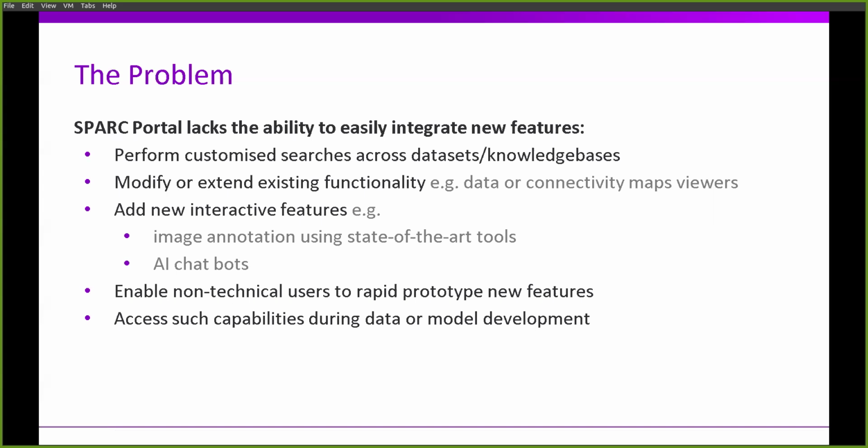However, the problem we have is that the SPARC portal lacks the ability to easily integrate new features. So here are some examples of new features that are quite difficult to integrate. These include being able to perform customized searches across different data sets, being able to modify and extend existing functionality, such as those of the viewers, being able to add new interactive features, for example, the ability to annotate medical images, having chatbots, for example, and also it's challenging for non-technical users to be able to interact with building such